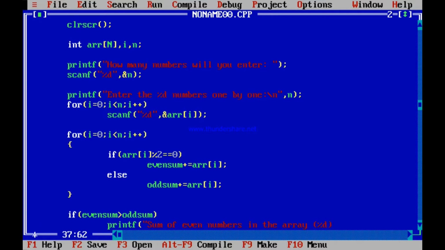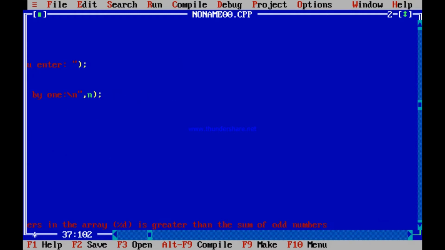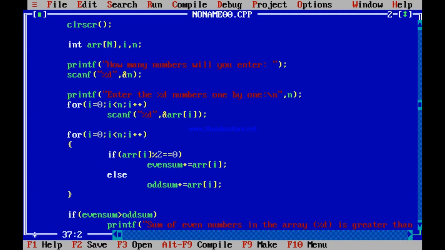To get this exact, whatever is the sum, that is even sum will be written over here, is greater than the sum of odd numbers in the array, which is %d. So over here, the first %d will be replaced by even sum, and the second %d will be replaced by odd sum. You check out what I am saying. Sum of even numbers in the array is greater, so even sum is greater than odd sum.